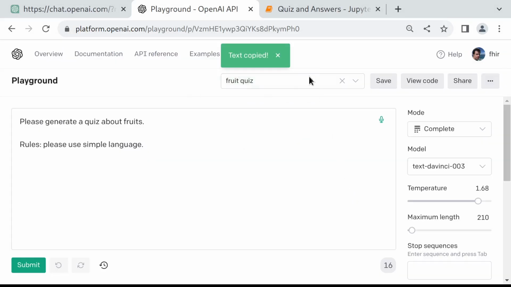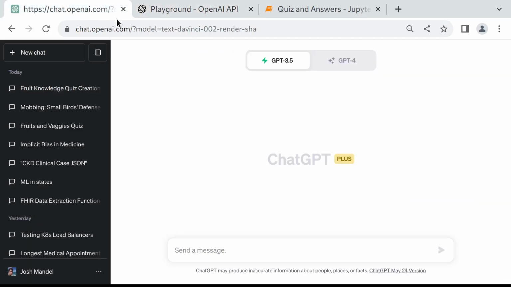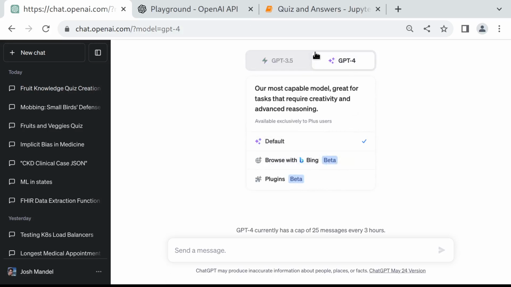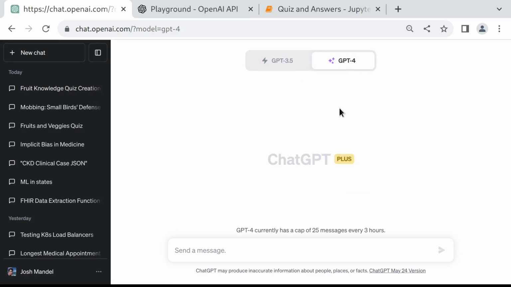So that's a really powerful capability of the playground for the completions API. Now let's look at the chat API and what makes it different. The chat interface was first introduced through ChatGPT. If you're interested in a really thoughtful and more powerful model, you'll definitely want to check out GPT-4. It does a much better job reasoning over complex data. But for this demo, we're just going to use GPT 3.5 so we can do an apples-to-apples comparison